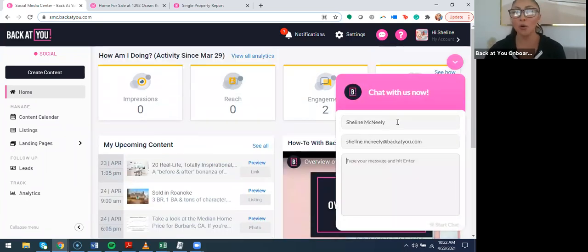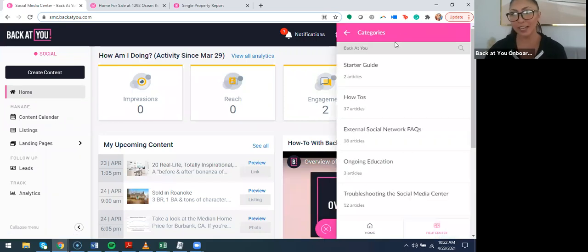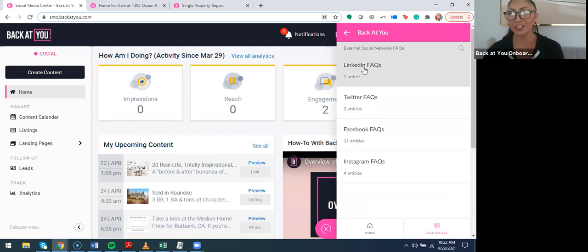Additionally, you can always chat in with our support team. We'll give you guys our support team information during those sessions next week as well, because we have a full support team Monday through Friday. They're available to assist you guys with whatever you need, and you can chat with them directly through the platform itself. We also have a full help center with starter guides, how-tos, even information on the different social media networks